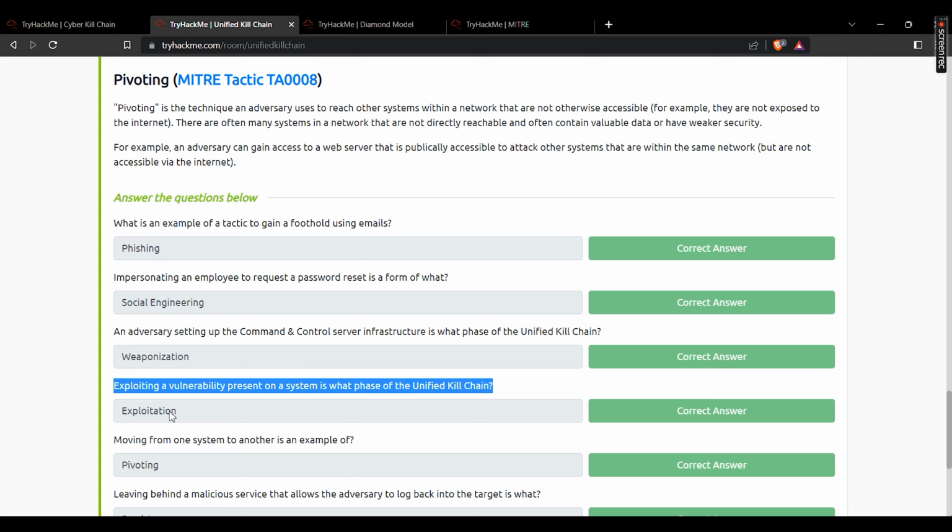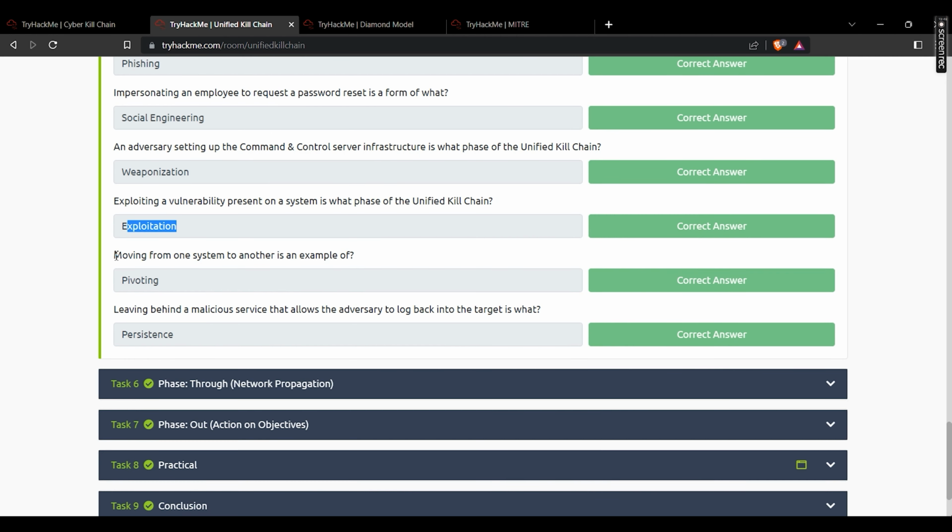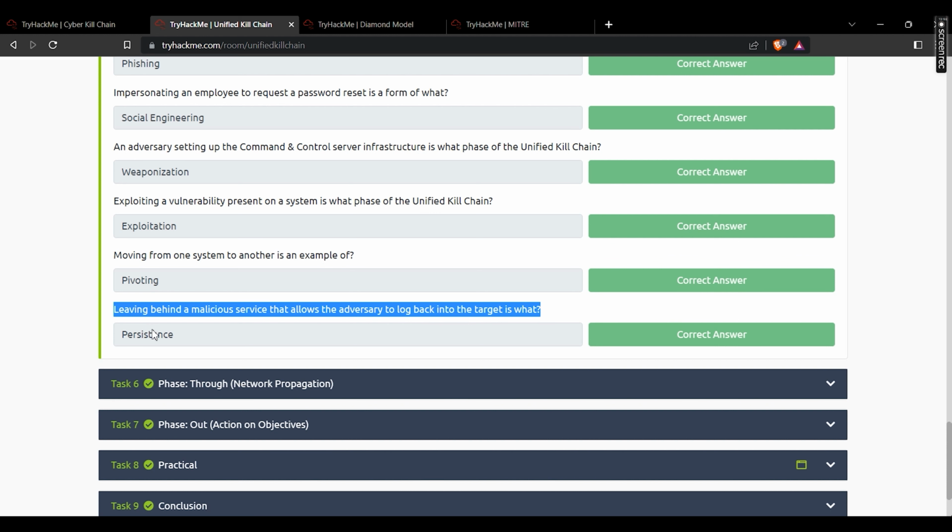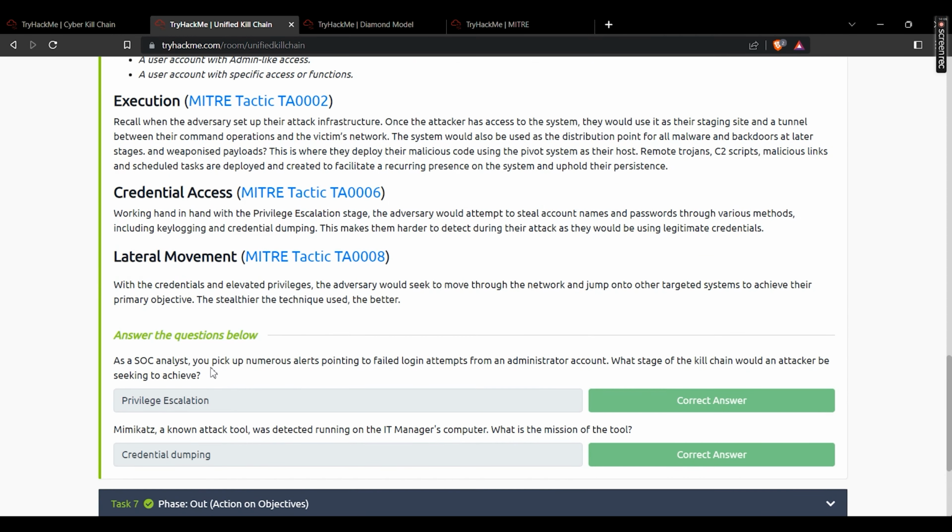The answer is exploitation. Moving on from one system to another is an example of pivoting. Leaving behind a malicious service that allows the adversary to log back into the target is persistence. Moving on to task 6, which is phase through